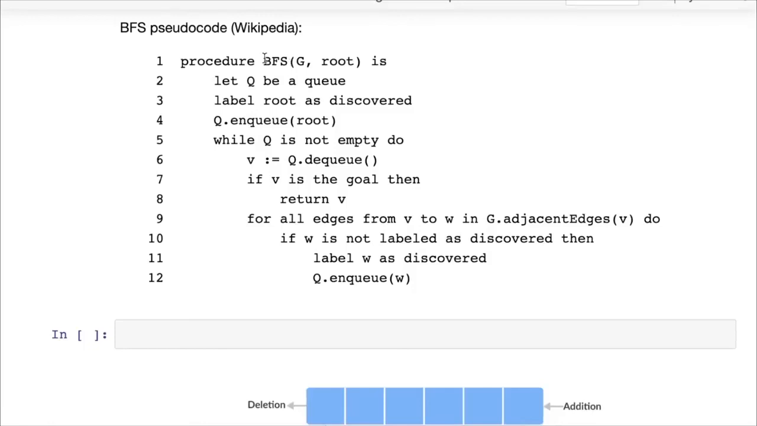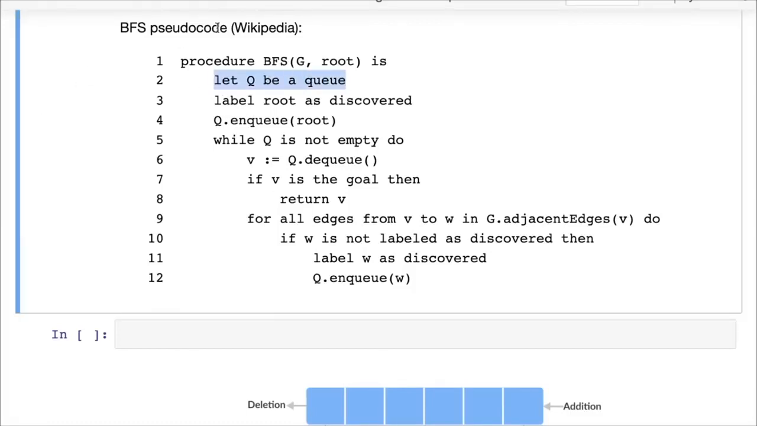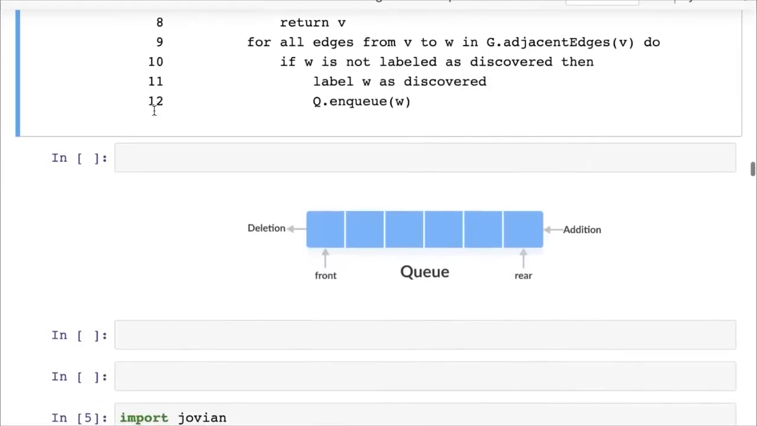So if you have to write a function BFS, which takes a graph and a root or a source node. First we say create a queue. This is taken from Wikipedia. So first we create a queue. And what's a queue? Well, a queue is a very simple data structure. A queue is simply a list, and it follows a first in, first out